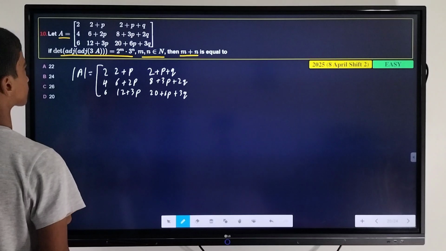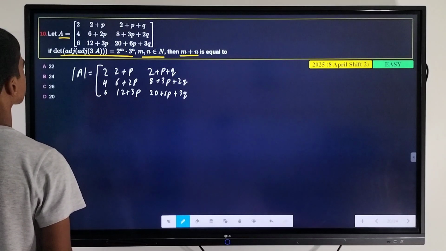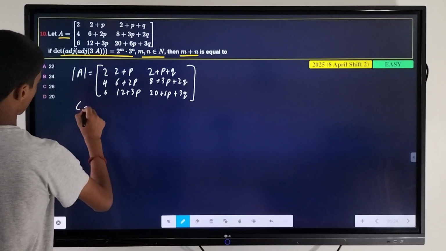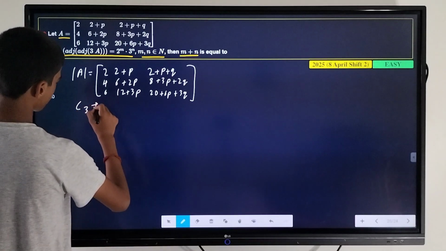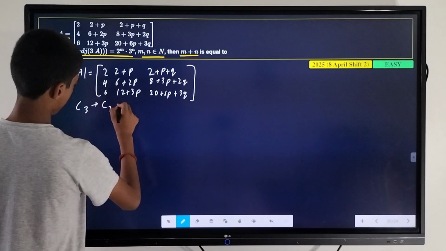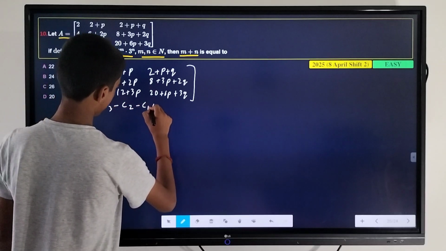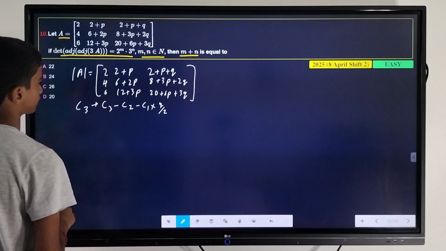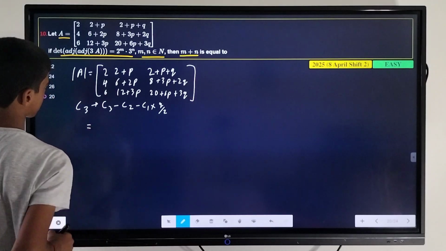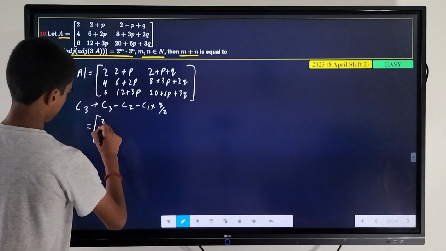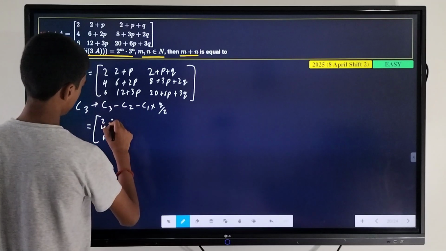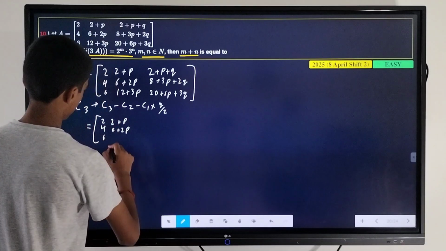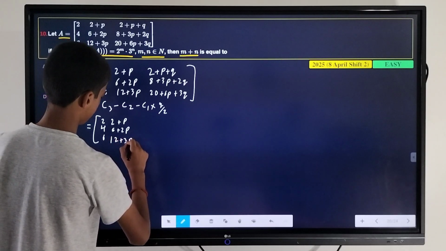So first in column 3, we will subtract column 2 and column 1 into 2 by 2. So we will get this is equal to 2, 4, 6, 2 plus P, 6 plus 2P, 12 plus 3P,